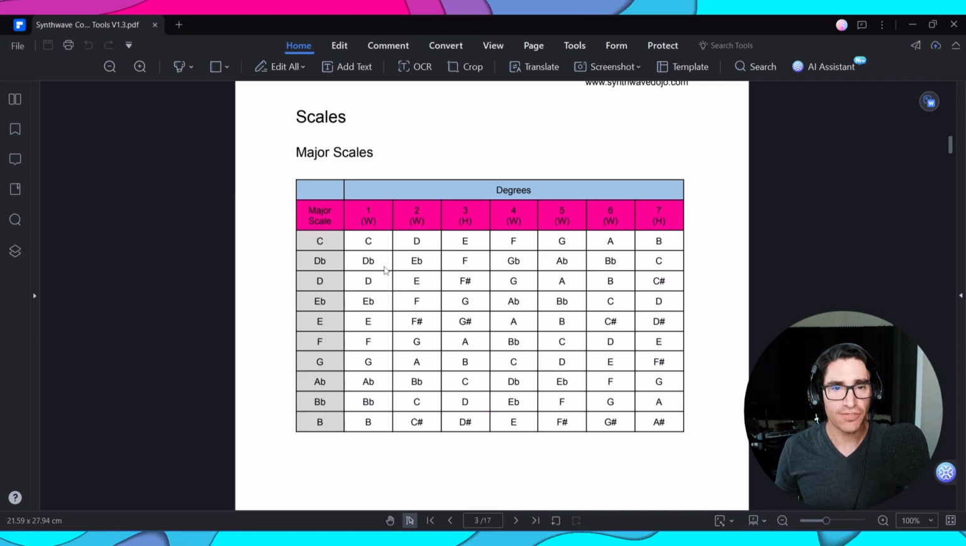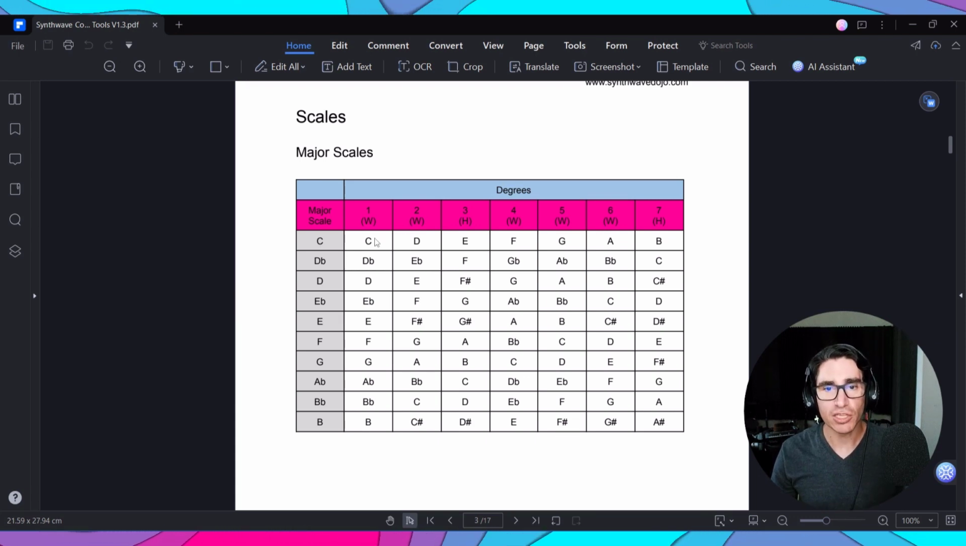The first thing we're going to find are scales. In this chart we can see all the major scales. So on the left hand side on this first column we'll find the note that gives the scale its name, the major scale, and to the right you will see all the notes that are part of that particular scale. Okay, so for example, in the scale of C major, we have the notes C, D, E, F, G, A,